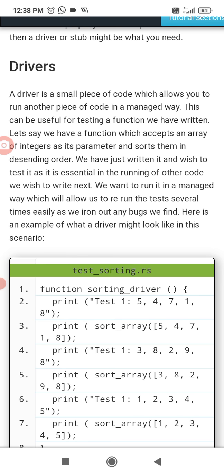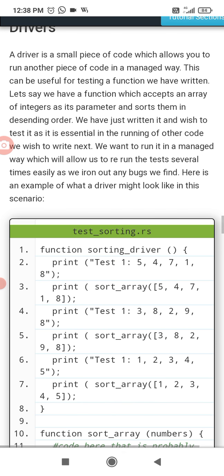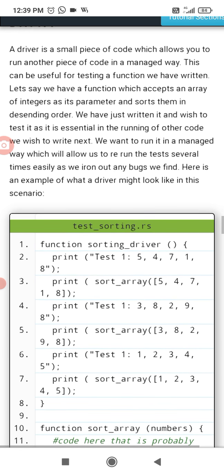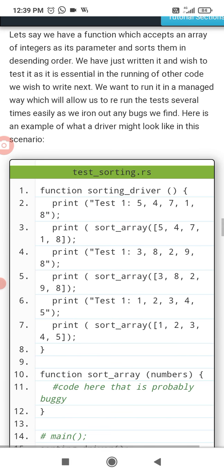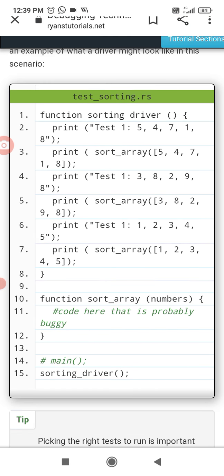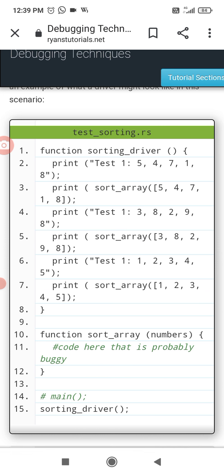Here is an example of what a driver might look like in this scenario. Look at this program. Function sorting driver is there.